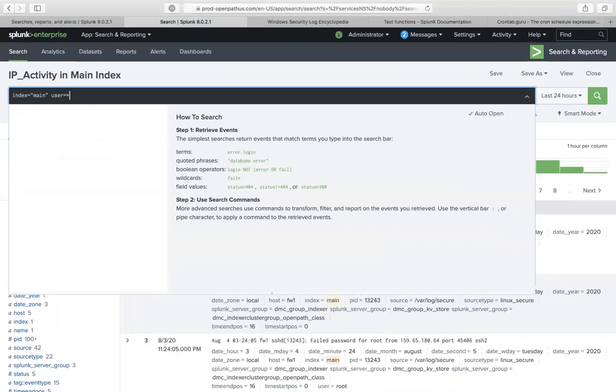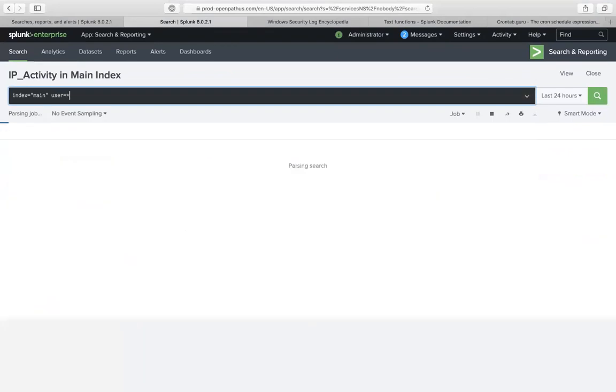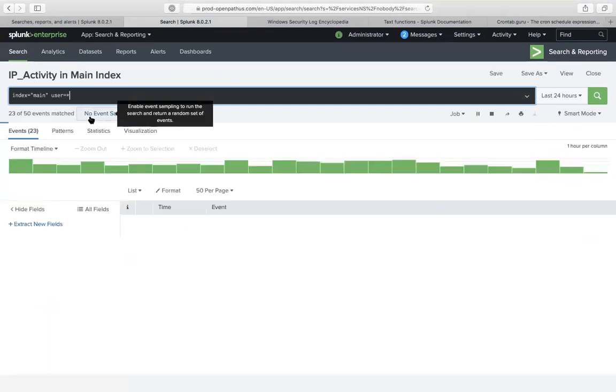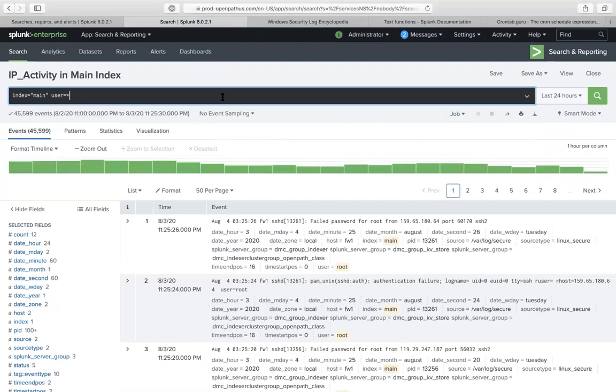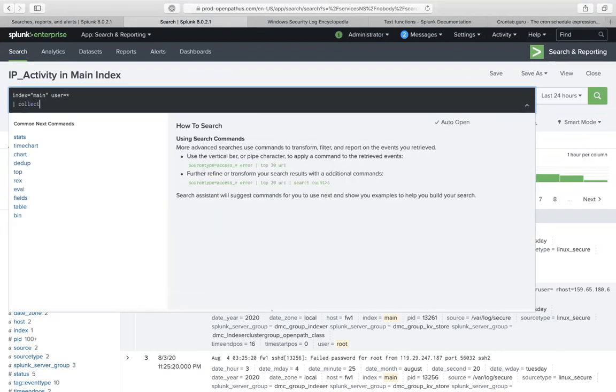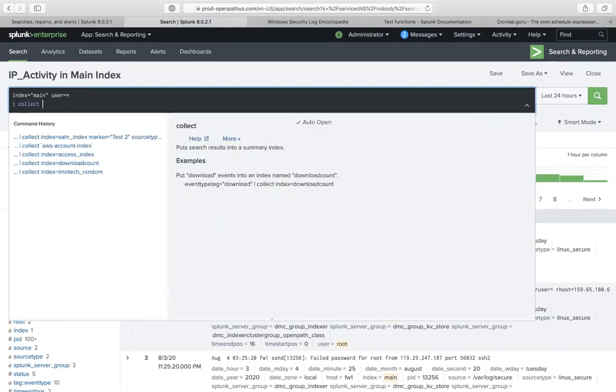We just won't care about stuff without users in it. Then what we'll do is use a collect command. What collect does is basically send the results to whatever index you want. So collect index equals